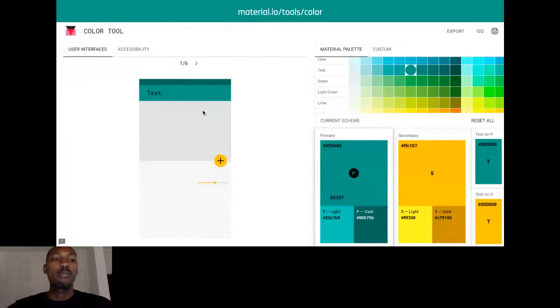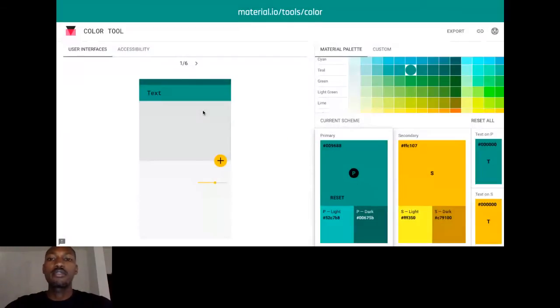So this will be our first code lab, where I will show you how we can use this color tool. So I'll just go to material.io, and then resources, color, and here you can see lots of colors that Material Design provides, and